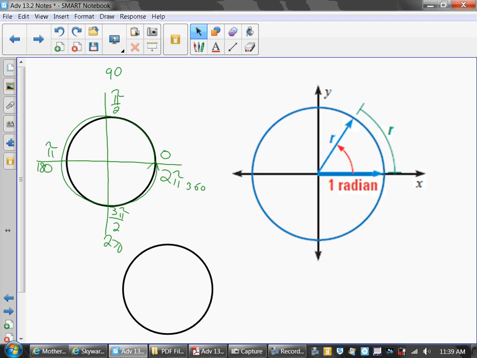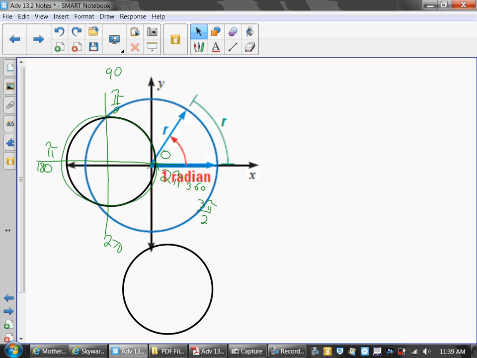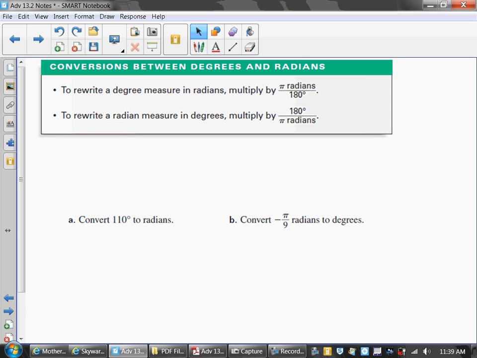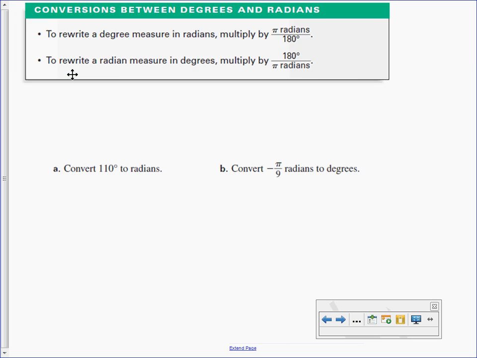Oops. So, in order to rewrite degrees to radians,